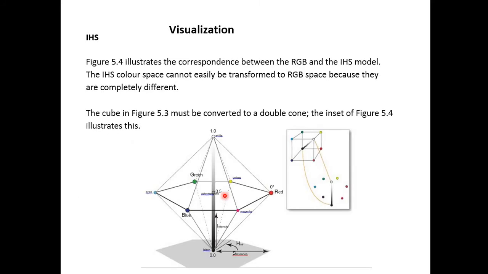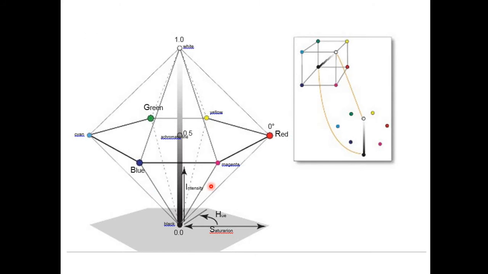So here we have the model of intensity, hue and saturation with respect to our previous RGB model. This model is presented in this way. We can see on this slide that we now have the RGB model in a hexagon. We can see green and blue. Equal percentage of green and blue will result in cyan. Equal percentage of green and red will result in yellow. Equal percentage of red and blue will result in magenta color. So here we have our RGB model.